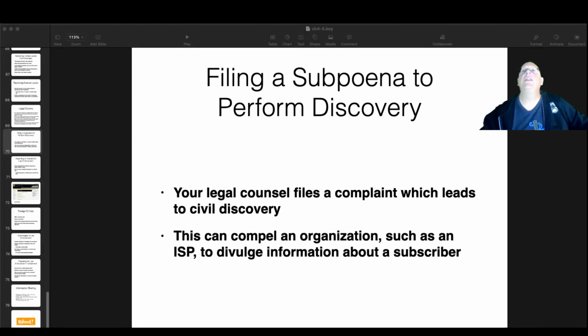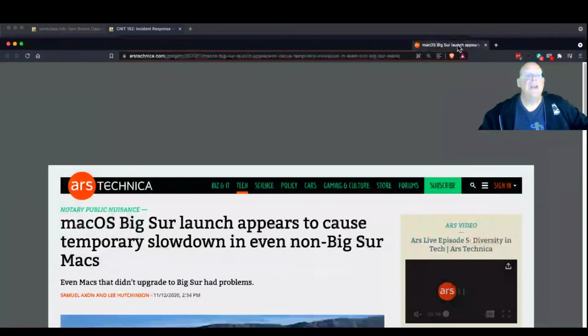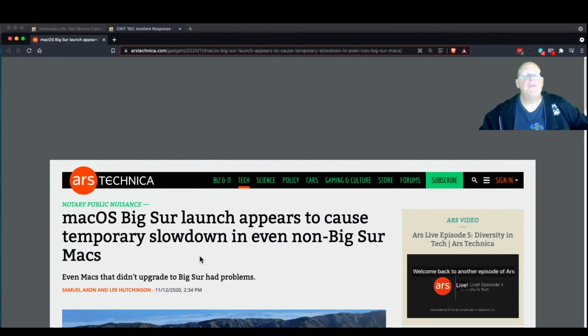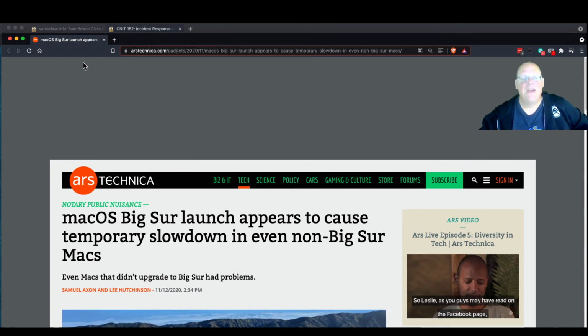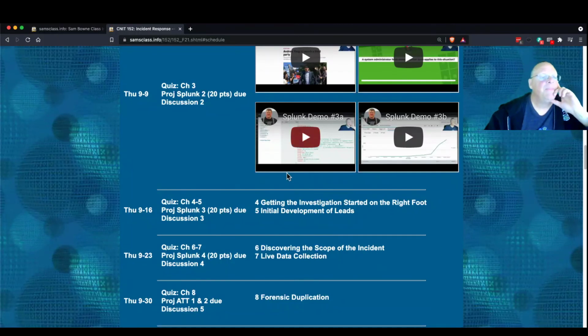And here's one that's got a link here. On Mac, oh yeah, I saw this one. Yeah, I remember this one. That was, I remember, when the Big Sur launched, then every Mac slowed down because every Mac phone's home every time you launch an app to make sure it's not a malicious app. And so I know it's very annoying. Yeah, that was a fun one. Good. Anyway, so, all